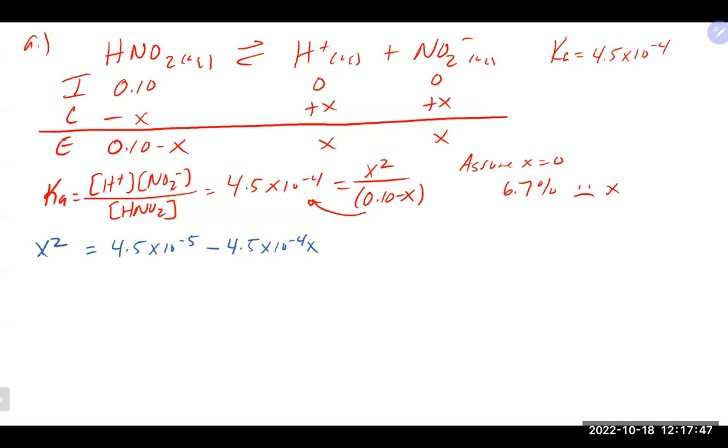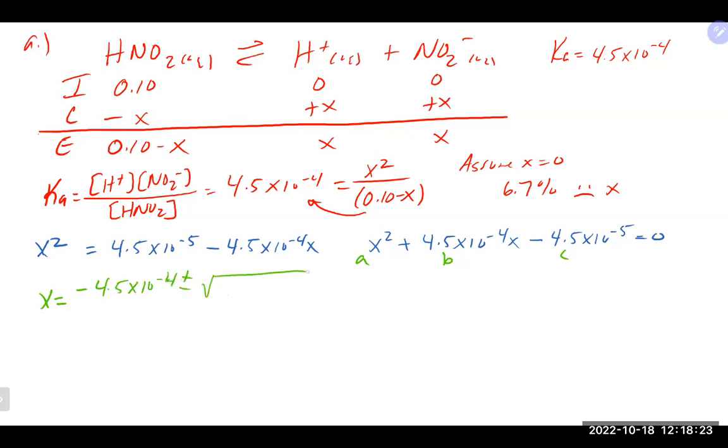Combining everybody to the same side gives me x squared plus 4.5 times 10 to the minus 4x, and I believe that then becomes minus 4.5 times 10 to the minus 5 is equal to 0. That's going to give me my A, B, and C. So going into our quadratic, we get x is equal to minus b, which is minus 4.5 times 10 to the minus 4, plus or minus